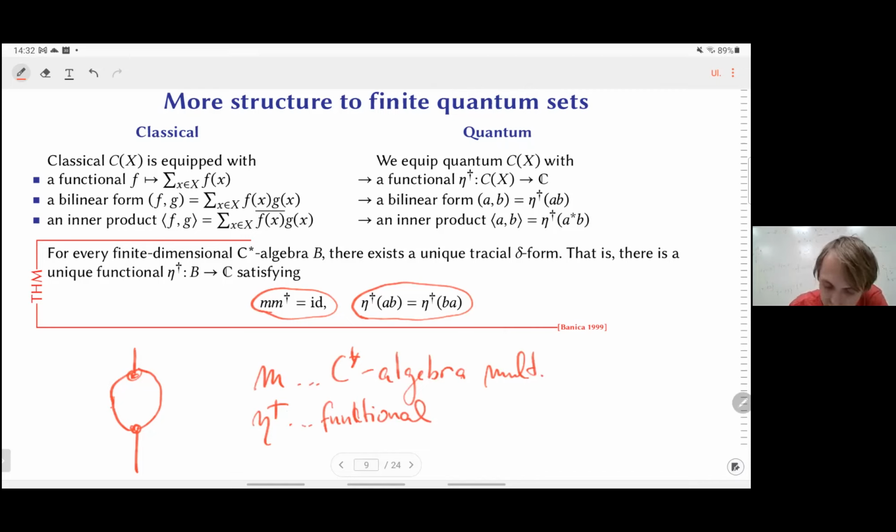Then we can construct this inner product, and with respect to this inner product, we can take adjoints. This defines, using the inner product, M dagger, where by dagger I denote the adjoint with respect to this inner product, which is a map from Cx to Cx tensor Cx. So it is some sort of a co-multiplication, but it is not related to any quantum groups or whatever.